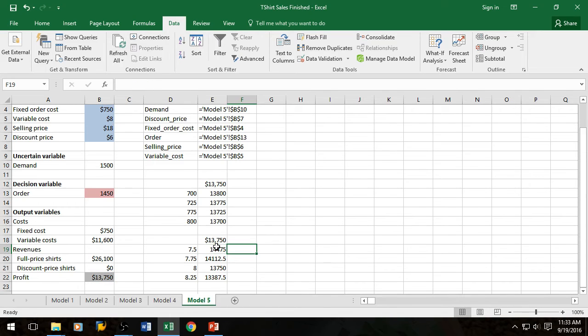Oh, it didn't update. I didn't do anything wrong. I must have calculations turned off on here. So there it is, that's how it changes. So if the variable cost changes, so